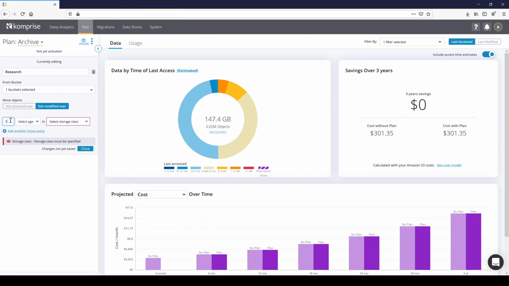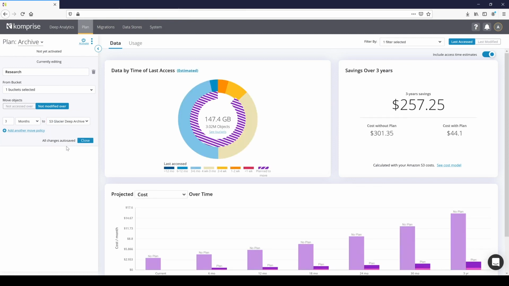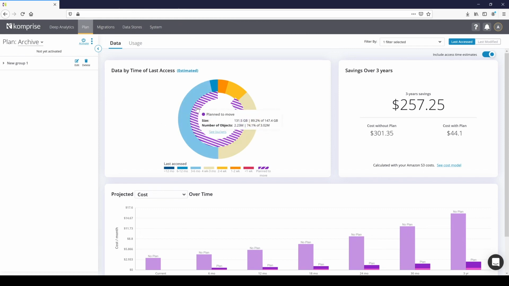Note that access logging must be enabled on all buckets added to the plan so that Comprise can perform plan transfers. Right away, you can view the total data planned to move and the cost savings you would realize over 3 years, but starting as soon as your next full month's bill. Of course, you'll likely see higher savings than are shown here since we're only looking at one small bucket.